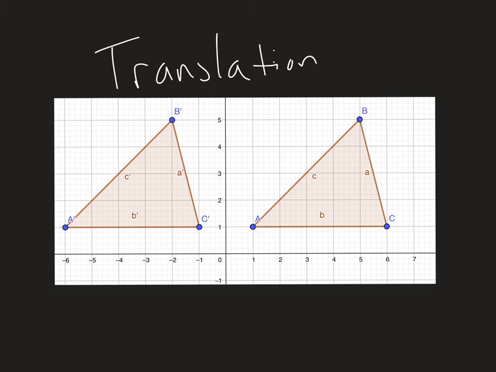The first one of which is called a translation, sometimes also referred to as a slide. And this one, in theory, is very, very simple. The idea is basically I'm just going to take an object. Let's say I start with this one on the right, and I'm literally just going to scoot it X amount of units to the left. It looks like about 7 units